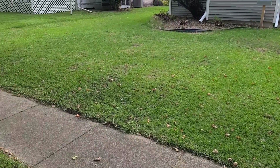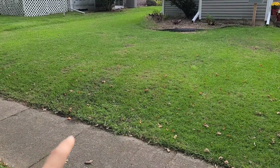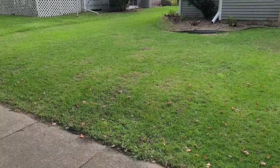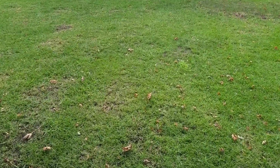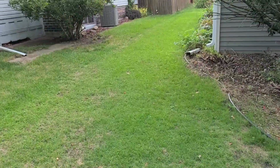Looking across this section, it's really pretty good. We've got a few bare spots on the hill here, as you can see, and then 2 or 3 spots here that were really pretty light. We'll wait and see if those fill in on their own or not. And finally, looking down this section on the side,